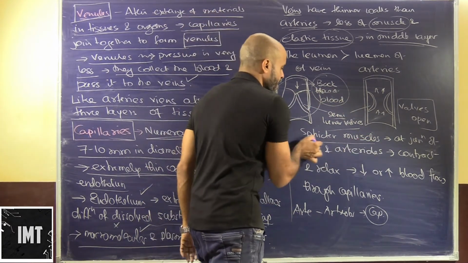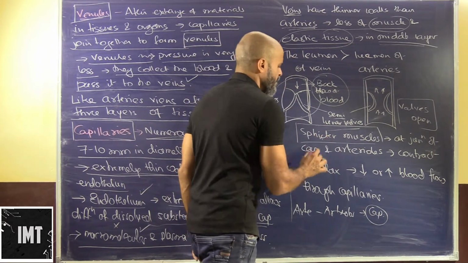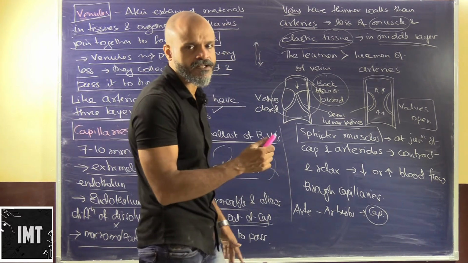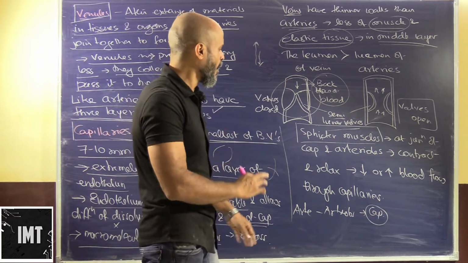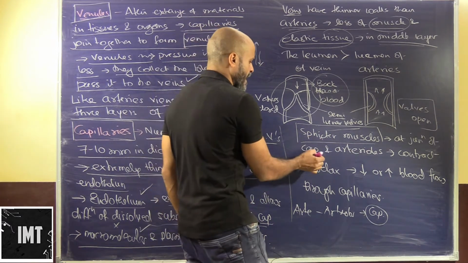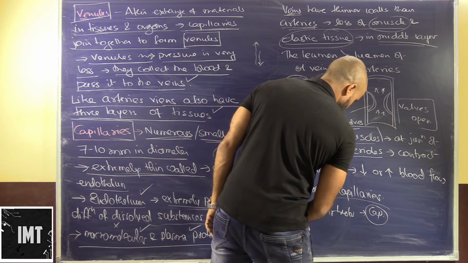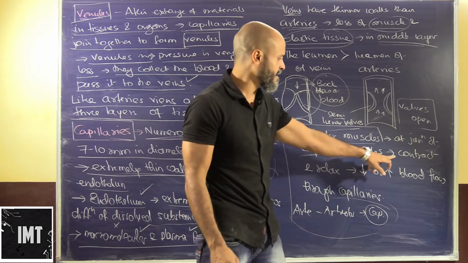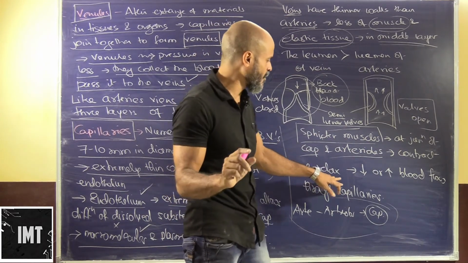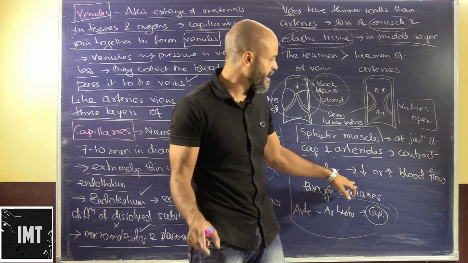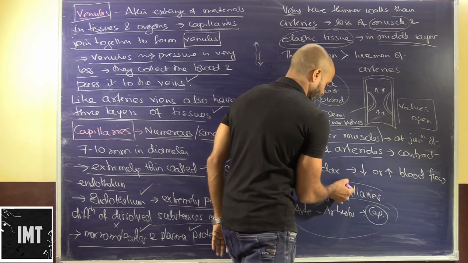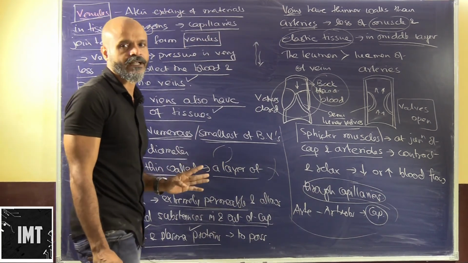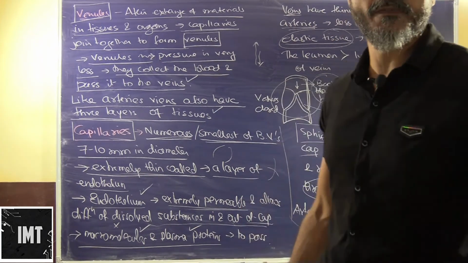Okay, now there are certain muscles known as sphincter muscles. We have seen that sphincter muscles encourage the flow of substances, whether they are present in the alimentary canal or in the blood vessels. They are present at the junction of capillaries and arterioles. So if we see arterioles and capillaries, these sphincter muscles are present at their junction. They contract and relax, which means that they will either increase or decrease the blood flow through the capillaries. Okay, so these are certain functions of blood vessels.